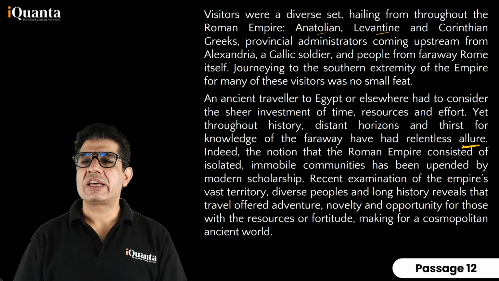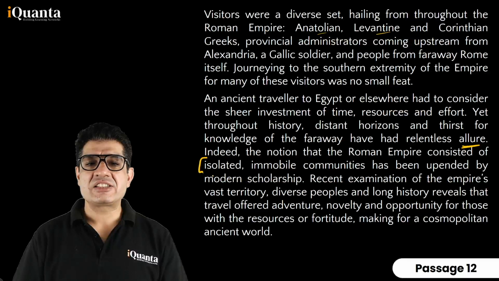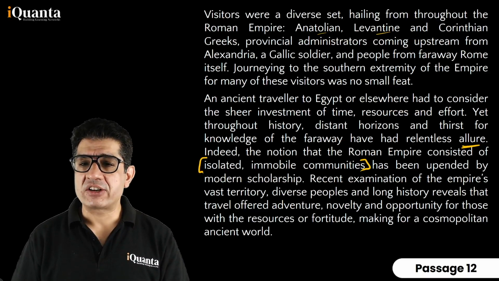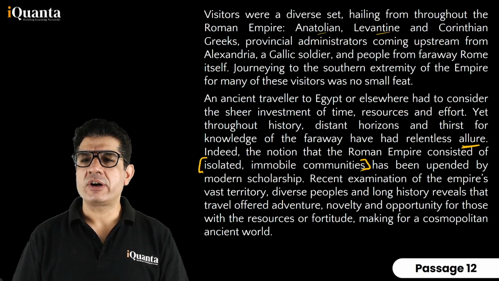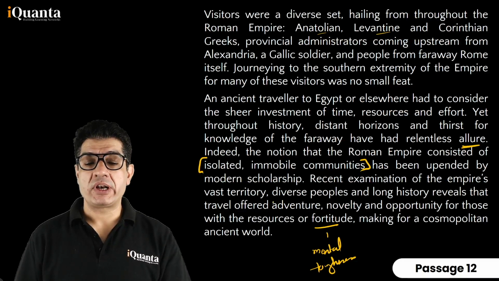Indeed, the notion that the Roman Empire consisted of isolated, immobile communities has been upended by modern scholarship. So modern scholarship has proved this notion incorrect. Recent examination of the empire's vast territory, diverse peoples, and long history reveals that travel offered adventure, novelty, and opportunity for those with the resources or fortitude. Fortitude is essentially mental toughness, making for a cosmopolitan ancient world. Okay, so that gives us a peek into